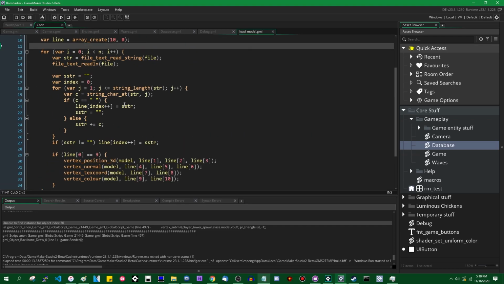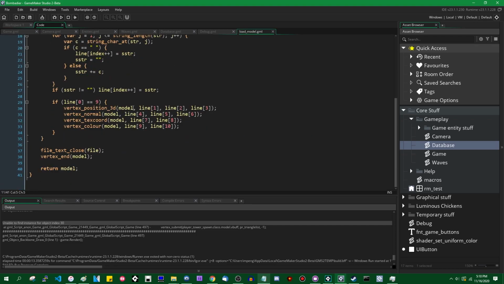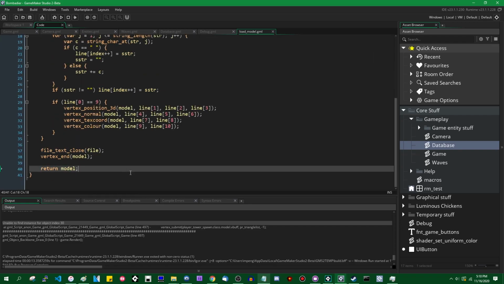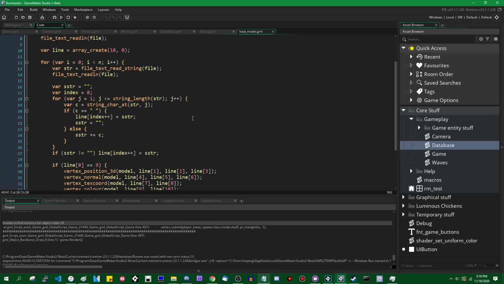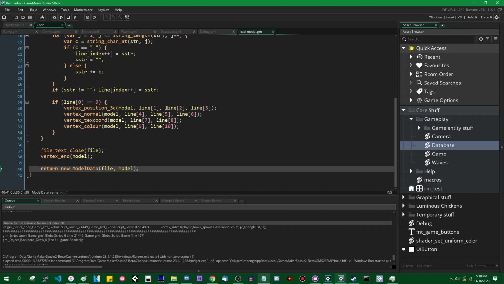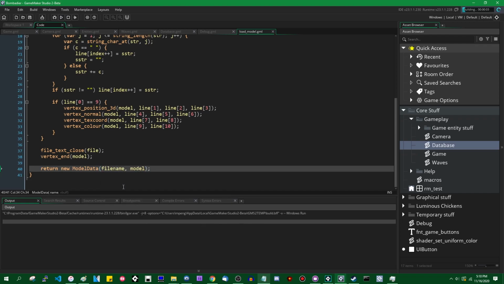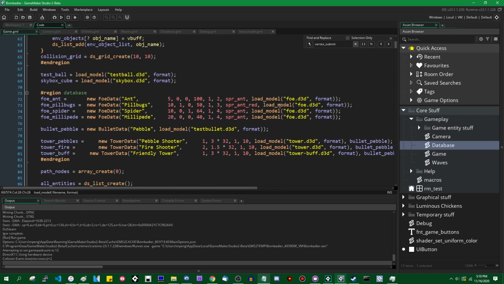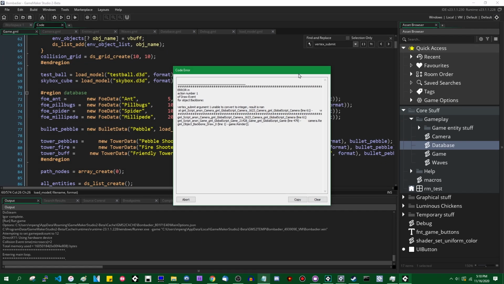Load model can now, instead of just returning a vertex buffer, file name? Yeah, I'll just make the name the file name. Okay, let's try that. Maybe it would be better to use a constructor here, but